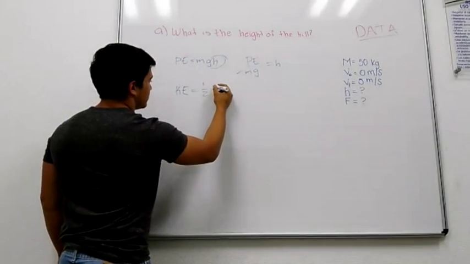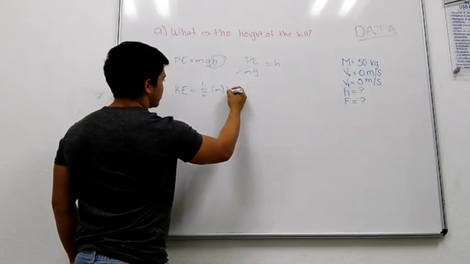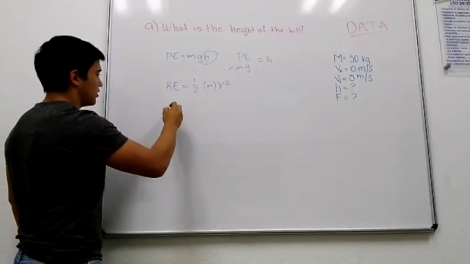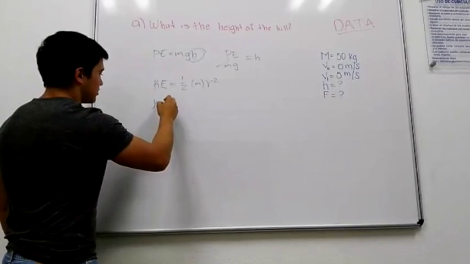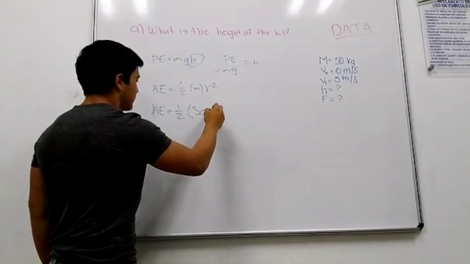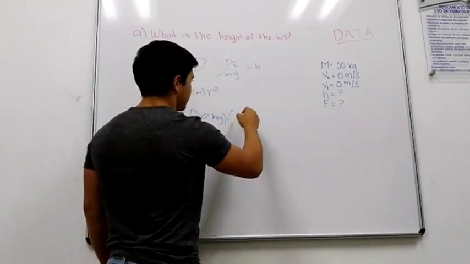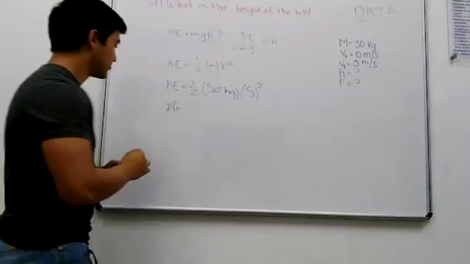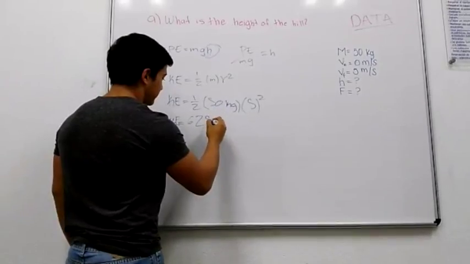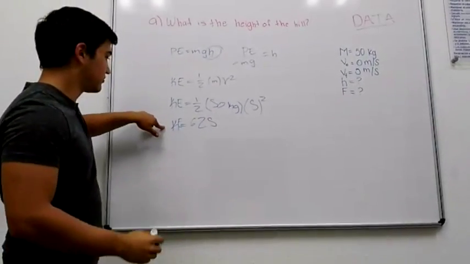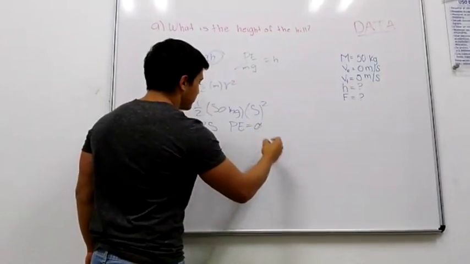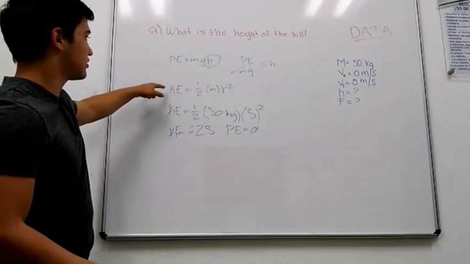equal to 1/2 times mass times velocity squared, and the substitute is equals 1/2 times 50 kilograms times 5 squared. So the answer is going to be 625. So at the bottom of the hill, the potential energy is equal to 0, and the kinetic energy